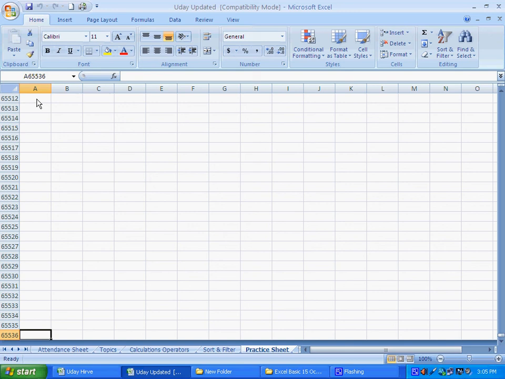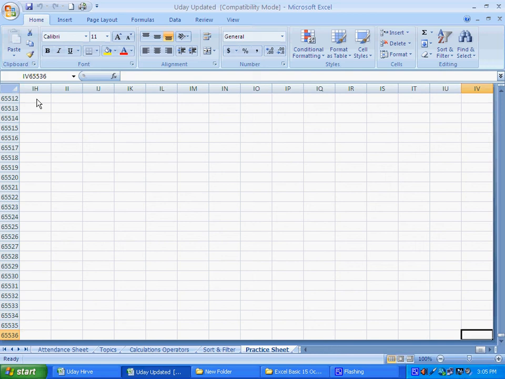Now similarly try Control Right arrow. As soon as you press Control Right arrow, you have come to the last column of your spreadsheet, that is IV. Roman numeral IV is the column. Now you are in the last row and last column of your Excel spreadsheet.